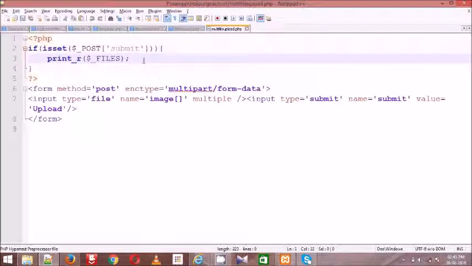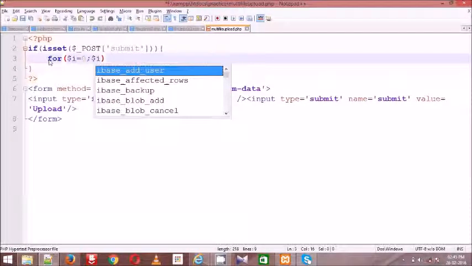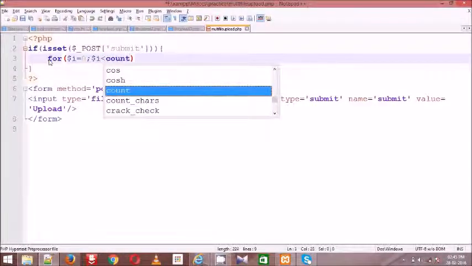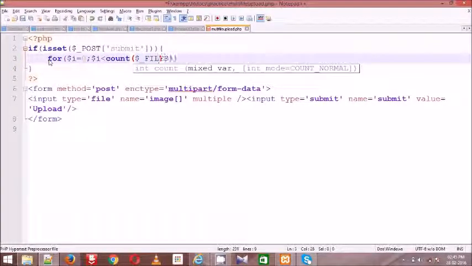So my requirement is, I am simply writing a for loop: $i = 0, $i < count($_FILES['image']['tmp_name']).